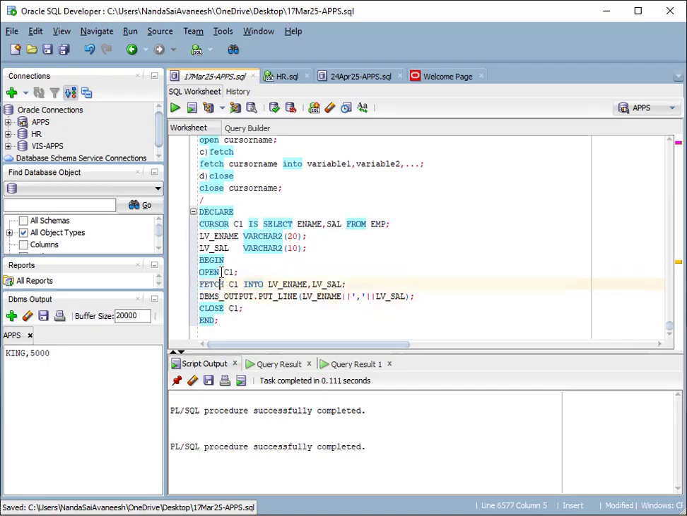So here what we are doing is declaring the cursor, opening the cursor, fetching the data, and closing the cursor. These four operations, either the user or developer has to do in the explicit cursor. And in the explicit cursor we